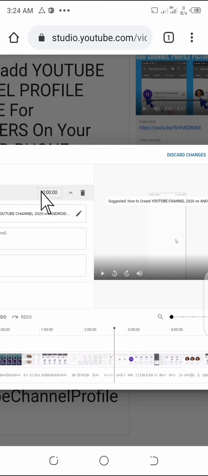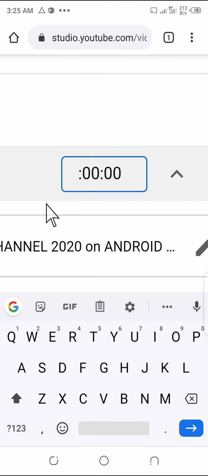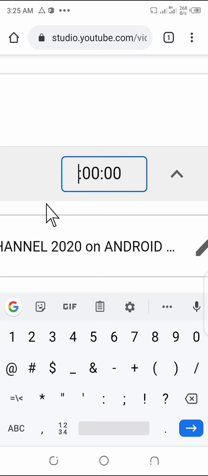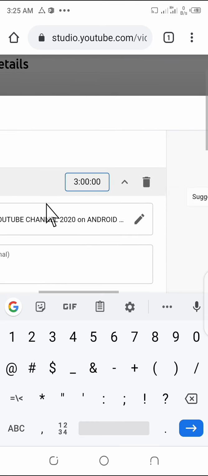What I'm going to do is to tap on this to edit it. Okay, so once I tap on this, I'll go directly here. Then I type 3. Okay, so this is the mark I want my card to play. Okay, at 3 minutes mark.